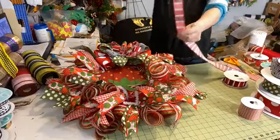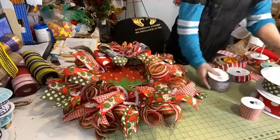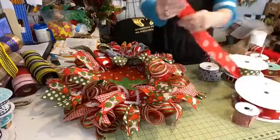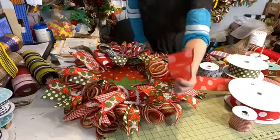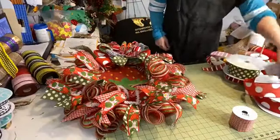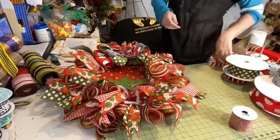I don't know if this one does or not. This one's a little, he's okay. But this red one, I don't know if it's because it's thick or what, but it likes to stand up. See? Woo-hoo. I think it's because it's like a burlap ribbon. I don't know if yours was like a burlap ribbon or not, but